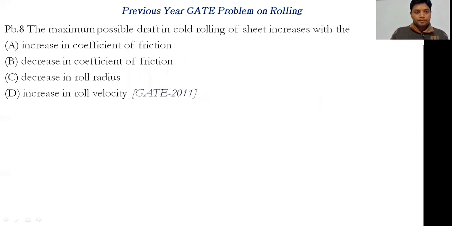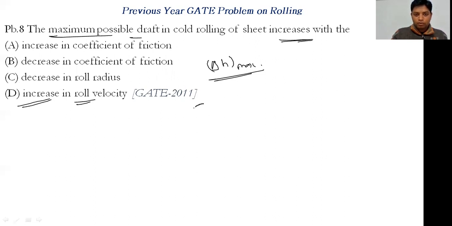This is a wonderful problem, because इसमें भी कंसेप्ट है। ओके, the maximum possible draft in cold rolling of sheet increases with... जो मैक्सिमम पॉसिबल ड्राफ्ट है, that is delta h maximum, वो आपका कब इंक्रीज होगा। ओके, तो हम लोग क्या करते हैं, इसमें A से D नहीं चलते हैं, D to A चलते हैं। ठीक है, फर्स्ट कंसेप्ट जो है, that is increase in the roll velocity, हालांकि रोल वेलोसिटी का इस पे कोई इफेक्ट नहीं है, तो फिर भी स्टिल मैं आपको एक छोटा सा कंसेप्ट समझा देता हूं यहाँ पे रोलिंग में।